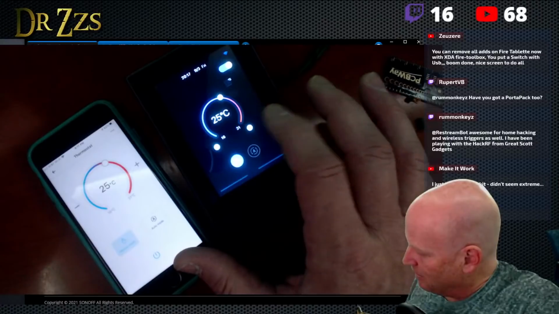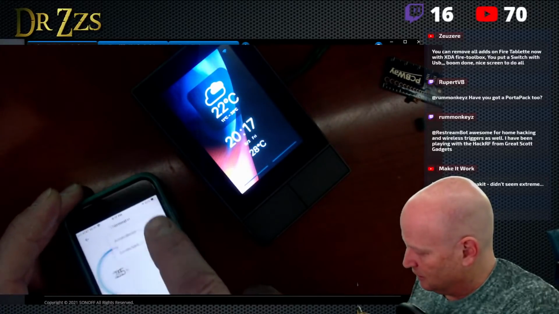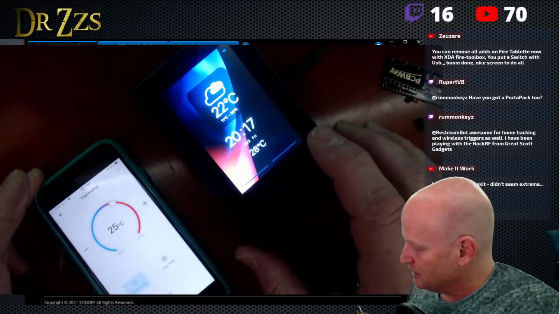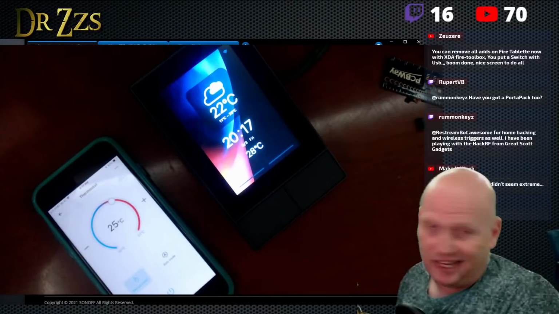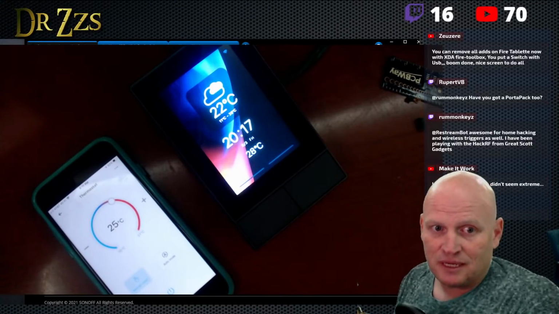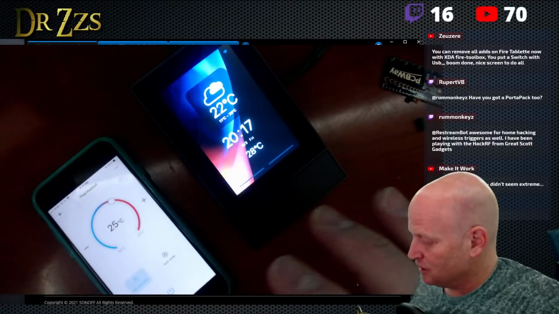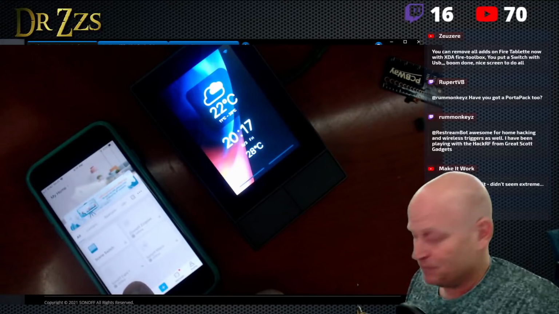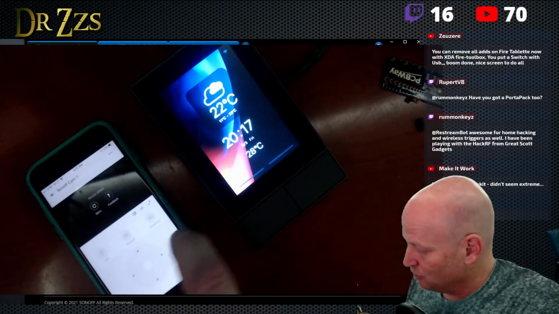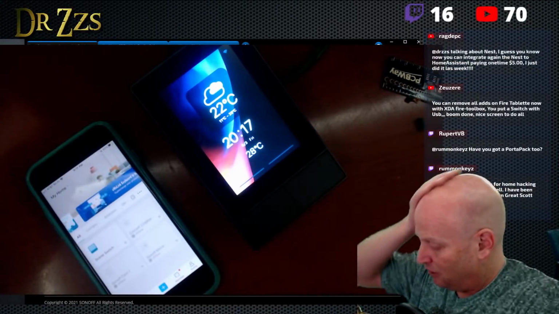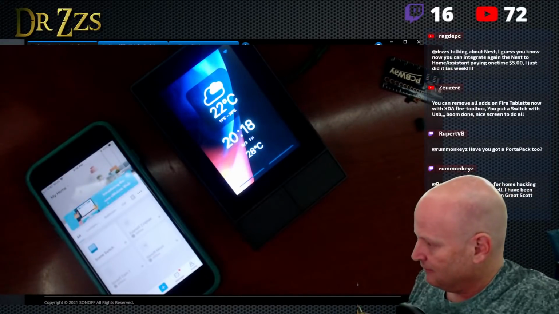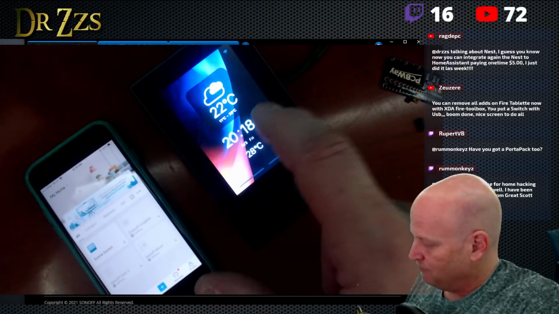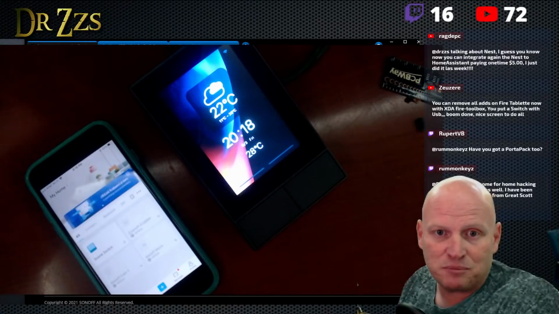I wonder, right now it doesn't look like you can, at least that I can see, change the background image. So a couple things this is going to have to do to be really cool. You gotta be able to change the background image. Another thing is, even if it's just in Sonoff's ecosystem, if you have their Sonoff camera, and I back in the day had the Sonoff camera. I still have it, it's in my closet. I can't remember if I flashed it with something else or not. But anyways, if you have the Sonoff camera, the feed needs to be able to come up on this, right? We expect that these days.